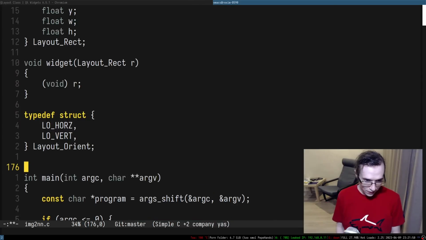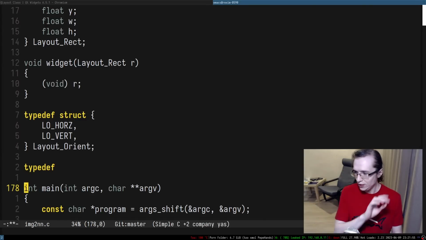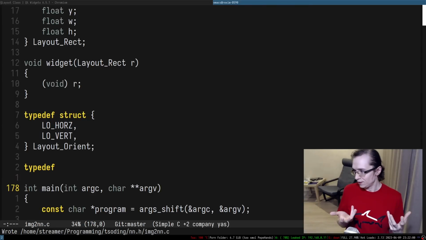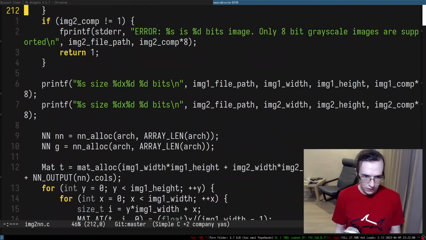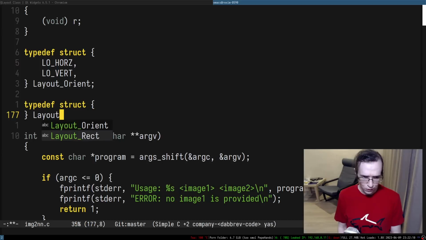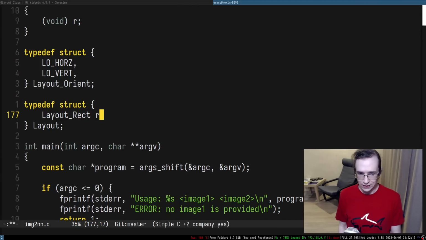Right, and then I want to have a thing that keeps track of the rectangles that were allocated. Essentially, I want to be able to say, okay, layout, and the layout is allocated within that specific rectangle.